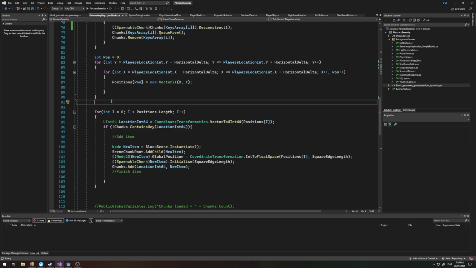I said 1,000 up, didn't I? So you'd have like 999 through to 1,001 going up, and 499 to 501 going right. So you'd have a grid. And these are the 9 squares, the one that the player's on, and the 8 around them, that need to